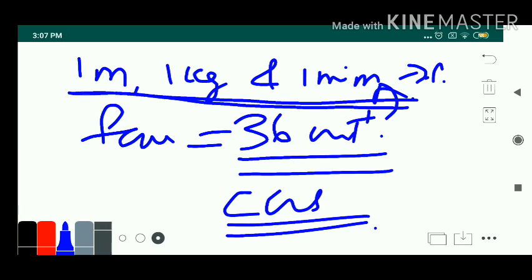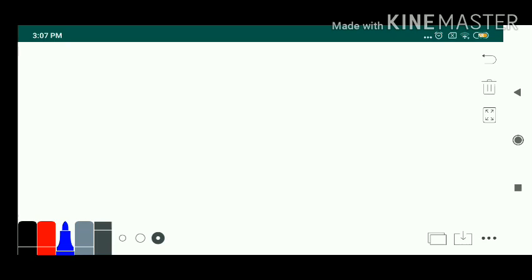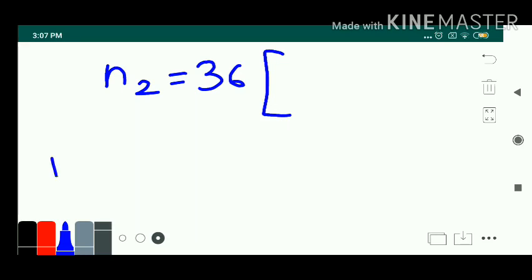Not that much tough, right? The problem is, in this SI system, even if you usually study it as seconds, here the time is in 1 minute. So just like the previous cases, now I am going to stop writing this column system, that much I am going to reduce. The formula is N2. What is N1? That is the numerical value which is given to you, that is 36, divided into M1 by M2. For force, I hope you know the dimensional formula, M L T raised to minus 2.